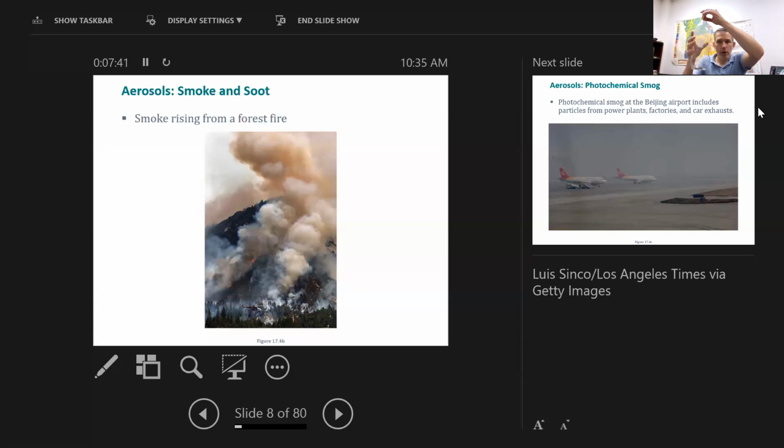And so as I'm opening up this soda bottle, I'm going to put some aerosols in here. I'm going to use just a match. And the smoke from this match is going to put a bunch of aerosols in there. And these aerosols are incredibly small. Now, these aerosols are incredibly important because, in addition to being particulates in the atmosphere, what they're going